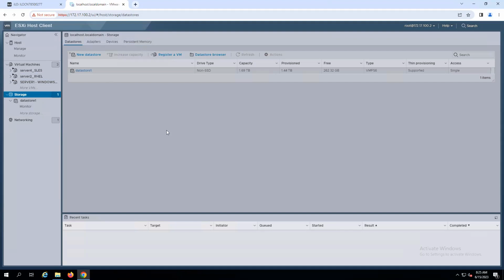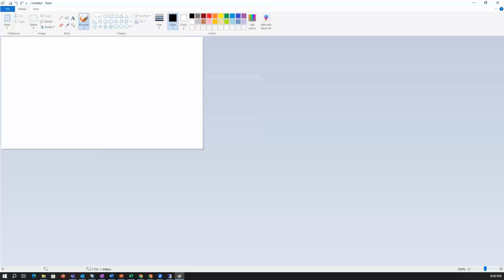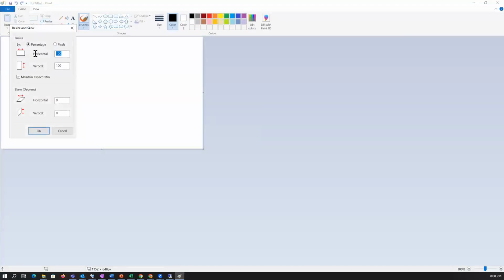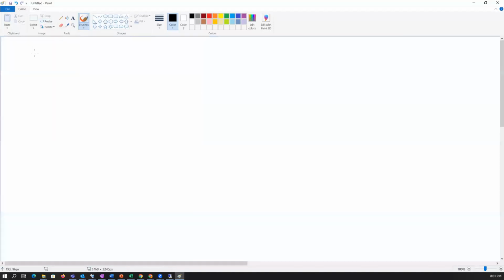So now, this is our server, and we have taken some hard disks. This is disk 1, this is disk 2, and